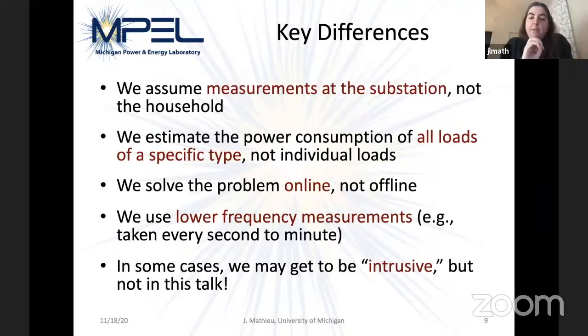But what might actually help us is that in a lot of these cases, since we're applying some kind of demand response algorithm and controlling these resources, we might get to be intrusive in the sense that we could send control signals to learn better. And so there are nice ways of formulating this problem as well, where you can think of it as a combined learning and control problem, where you get to send control actions that both try to achieve what you want in terms of the control of the network, but also help you learn. But in this talk, I'm not going to talk about that specific piece of being intrusive. I'm just going to assume that we're not controlling the network and trying to disaggregate the feeder.